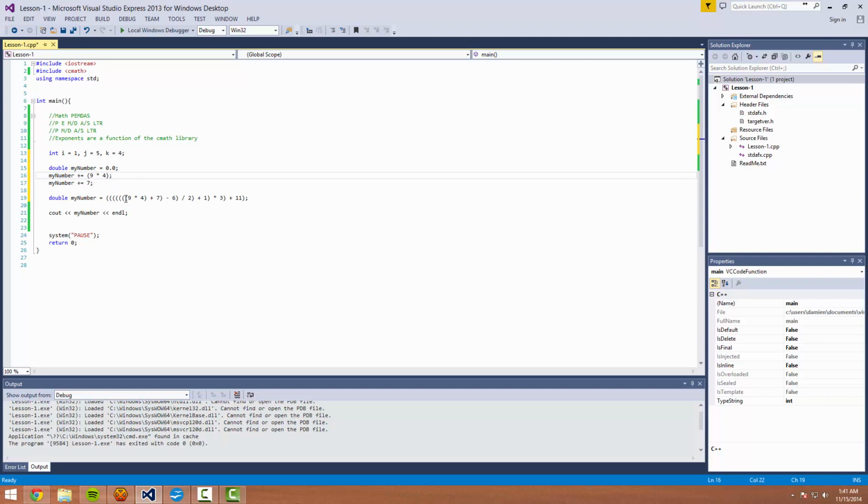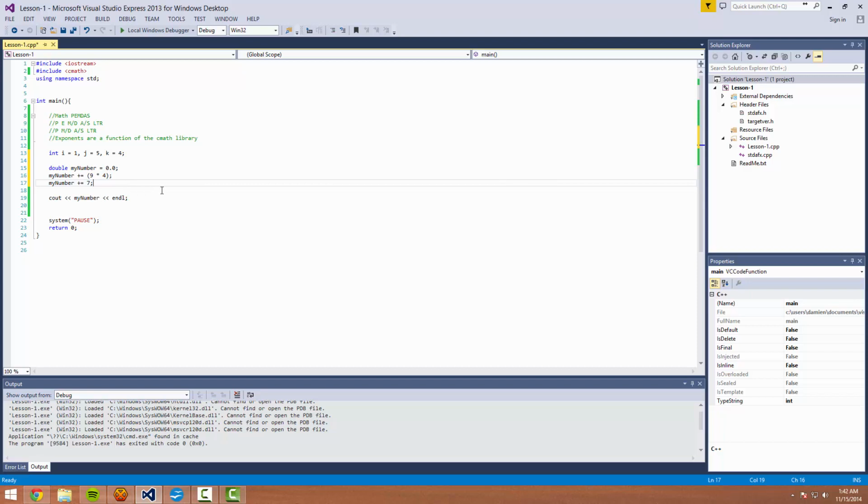I find that if you're nesting more than 3 sets of parentheses and it's possible for you to break it out into individual statements, or even 2 sets, like say you have 4 sets of parentheses. If you do 2 sets of 2 parentheses, it still makes a lot more sense than trying to go through 4 sets of parentheses and try to figure out what's going on. So that all said,